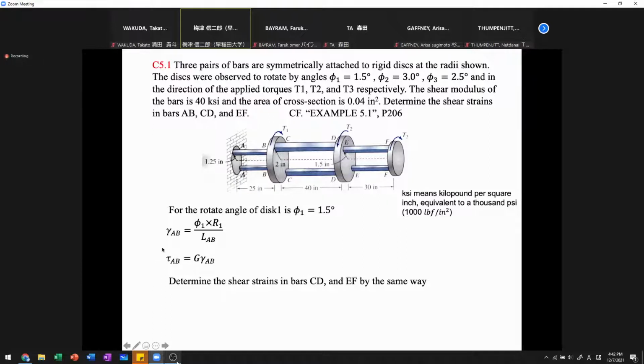So you can get the value of tau AB. And you can determine the shear stress in both CD and EF in the same way. So the angle between